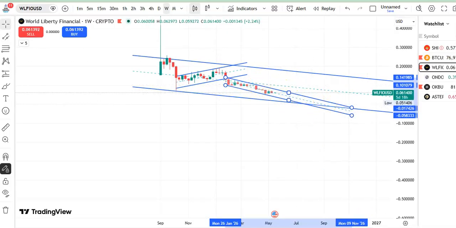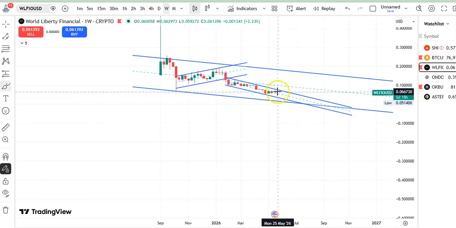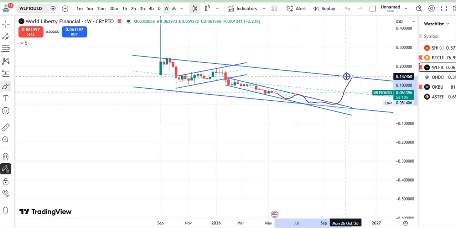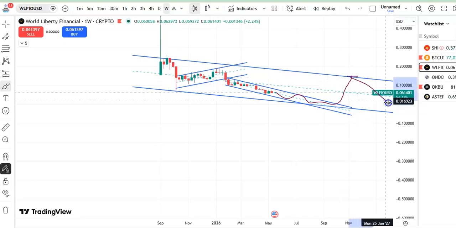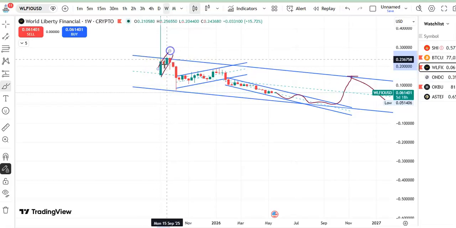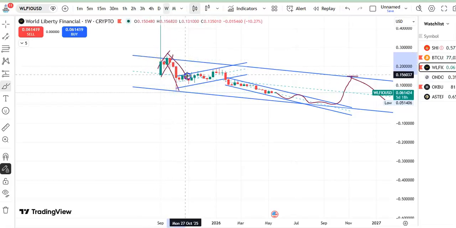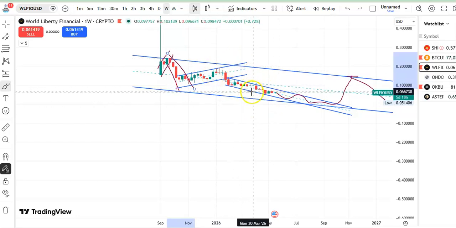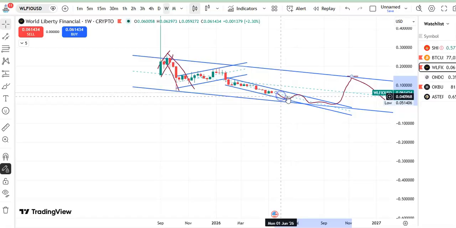Once the breakout happens from this channel pattern, candles may move to this resistance level, which is around 0.142298, and from here again the fall may take place. Previously also you can see candles went up to the resistance level, and then the fall happened. After this breakout again the candles went up, and now the fall is taking place. Okay, so if you go to this